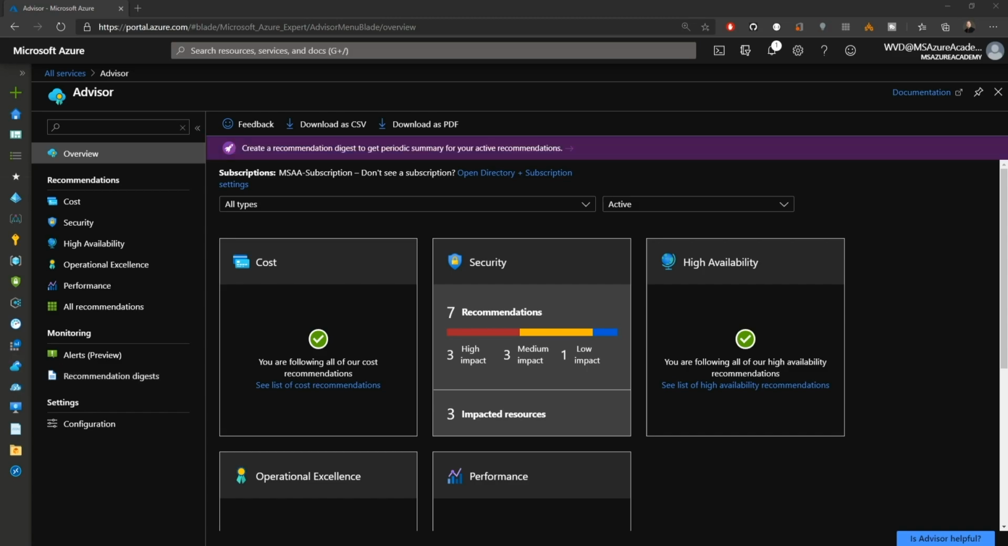There are 5 major areas in the Advisor, and these are best recommendations from Microsoft for your environments. So again, something for you to dig into further and take a look at, which brings us to the